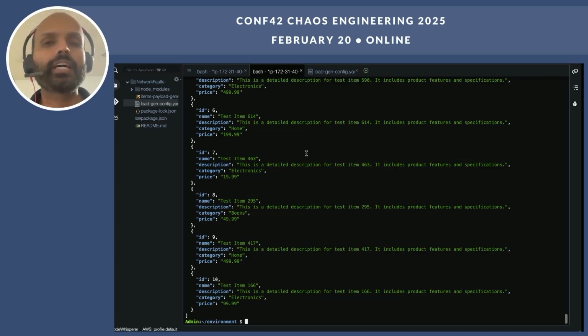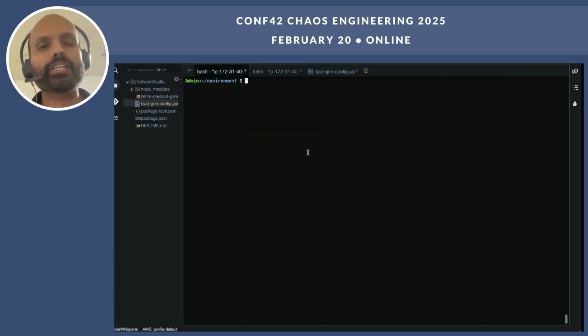Now the other thing we want to do, one of the other prerequisites for experimentation, is load generation. As you start on the chaos engineering journey, we recommend that you start with a lower environment, whether it's a testing or a staging environment.